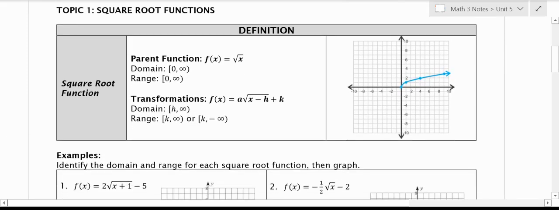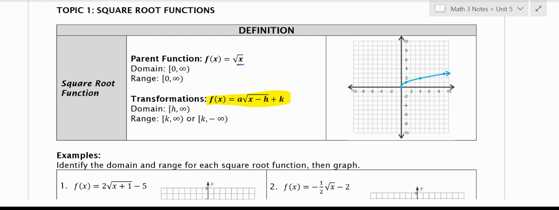And it looks familiar, hopefully, because it looks very similar to when we talked about transformations for absolute value functions, quadratics, and cubics. So it has that a, h, and k that we've seen before. So the square root function, the parent function, is just going to be f of x equals the square root of x. We talked a little bit already that for the domain, you're not allowed to have negatives under a